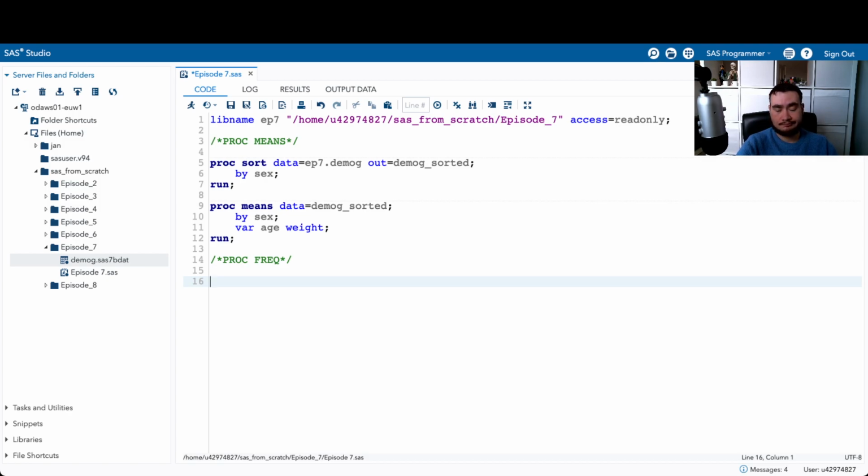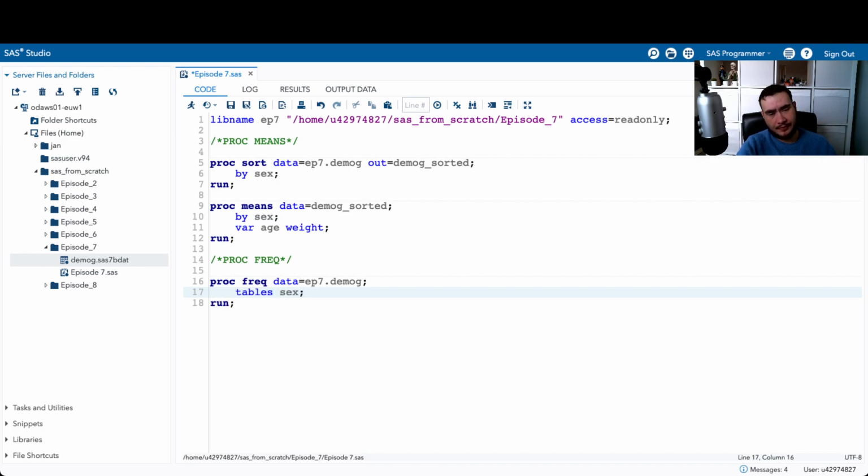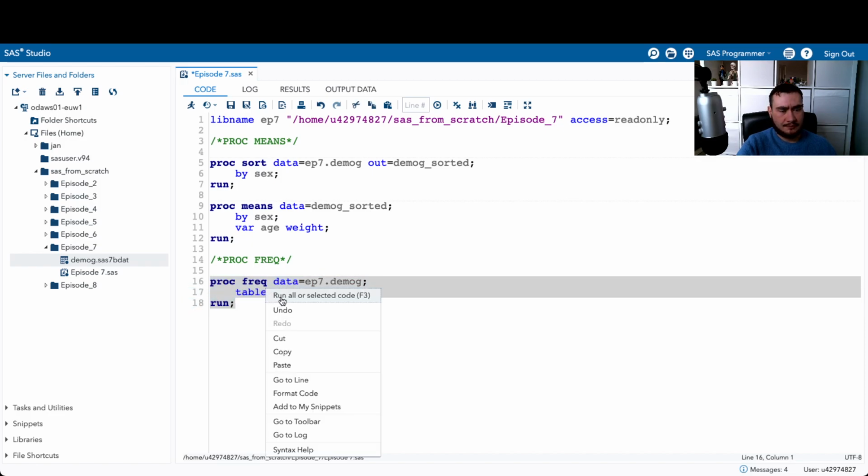So PROC FREQ data equals, I'm going to use just the source data directly. We're not going to put a by statement in here, so I'm not too worried about it being sorted. So let's do something like tables 6. And if we run that,